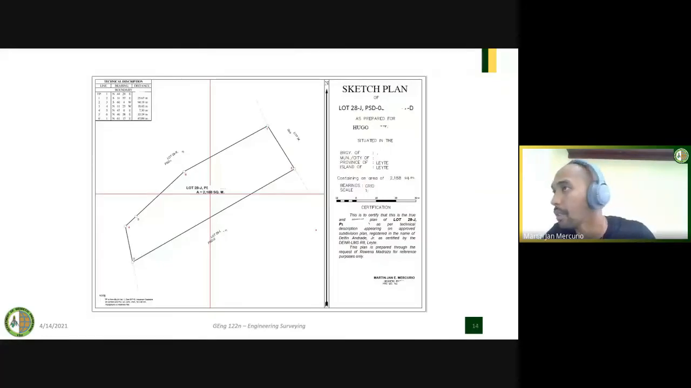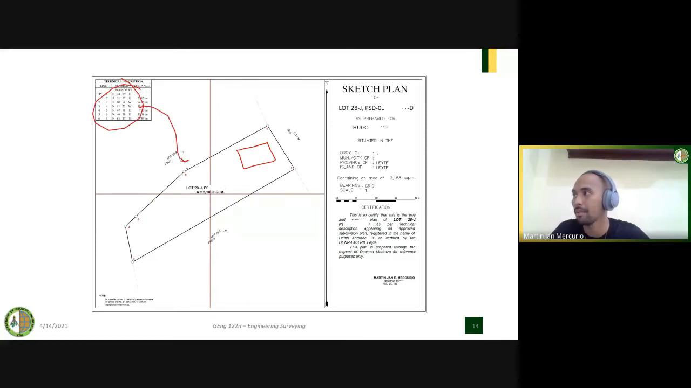Then, here's a sample sketch plan. So after the survey, you need to produce a map. Di ba? It could be if you can add on a structure idea and so on and so forth. You have the technical description relating to this parcel, then so on. Okay, so this is more focused on property surveying, of course. Anyways,